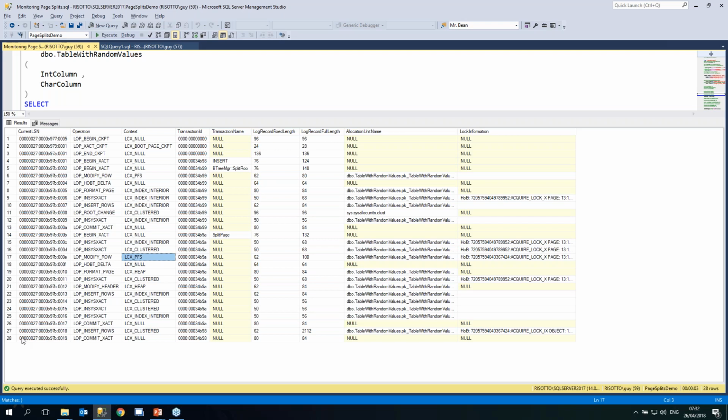Okay, so we do a lot of stuff and then we insert the new row, but this is not a real page split yet. Okay, look here, we have a begin transaction of a split page. So it's still called a split page, but it's not exactly the page split we are talking about. It's not a real page split.